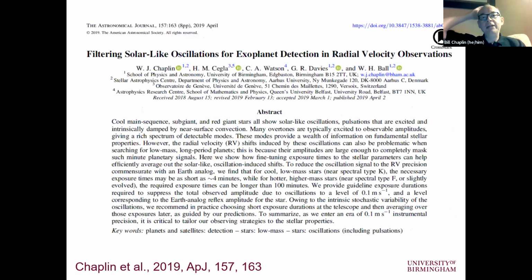Also, I should add a link to exoplanet research, where the variability that we get from these oscillations, which is the fantastic signal to us, is, if you're searching for exoplanets, a bit of a pain. So we've also been using our BiSON data to look at intelligent prescriptions for how we can filter out those data in searches for exoplanets around other stars.